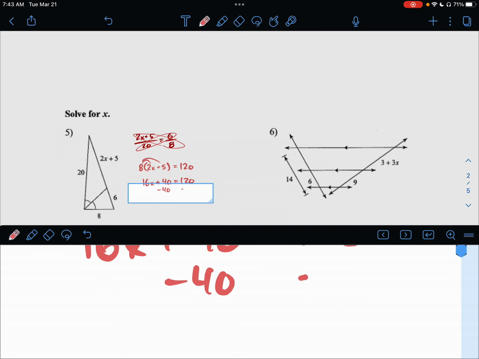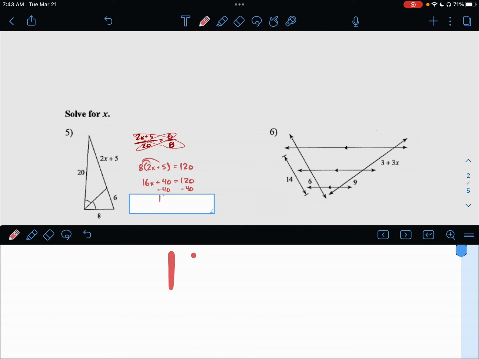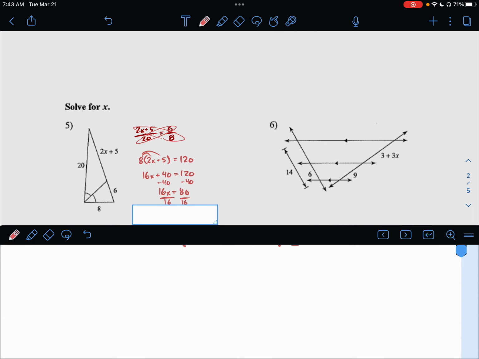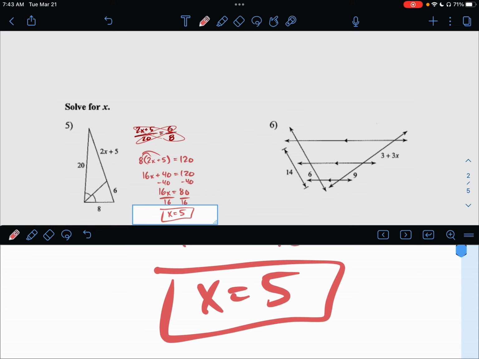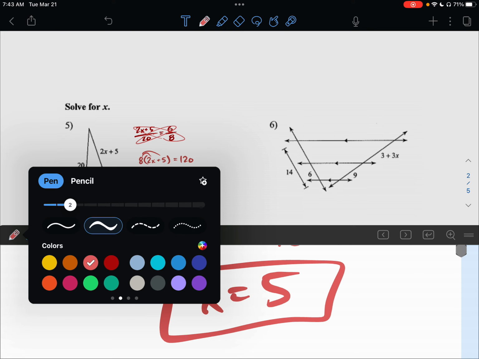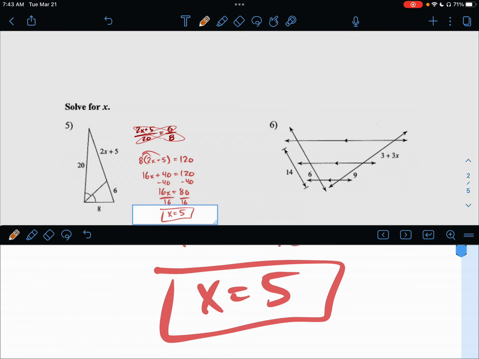Subtract 40 from both sides. So 16x equals 80, and then divide by 16. And I get x is going to equal 5. And there we go. So on number 5, the answer is x equals 5. Number 6. Okay, so here,